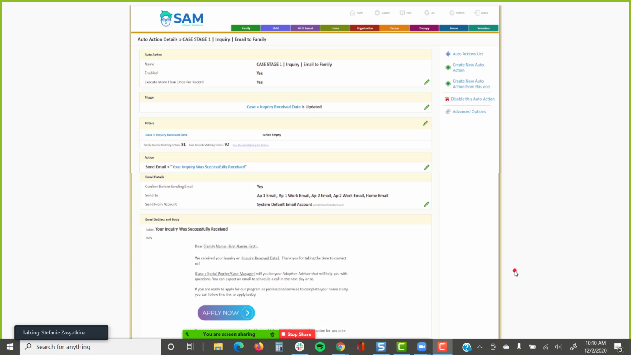All right, so let's talk about this auto action details form. So up at the top here is just kind of the name and the basic details about the auto action itself. So a couple things that I want to say here is the name is up to you what you call